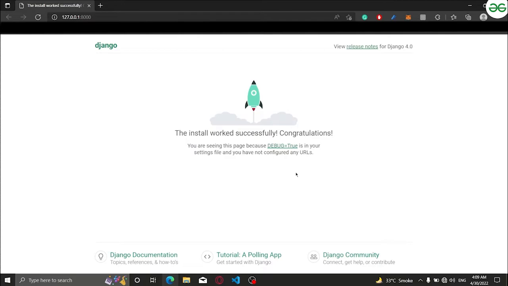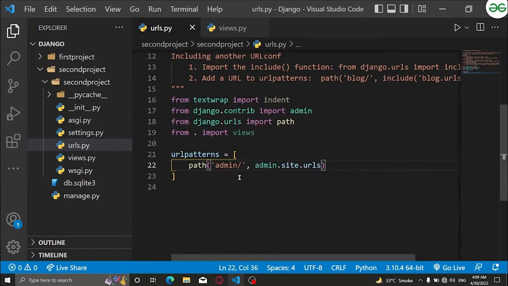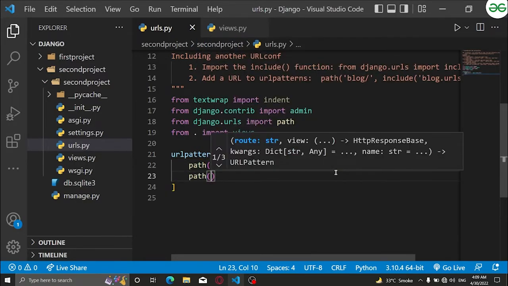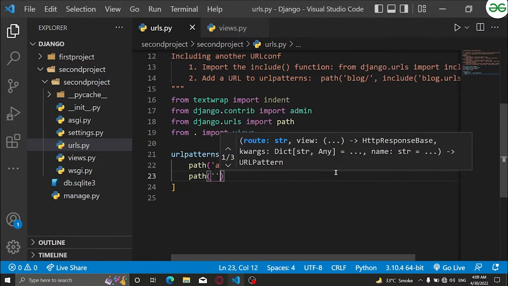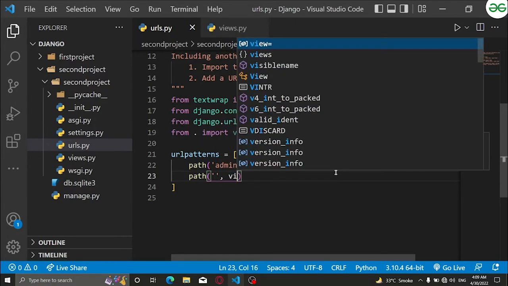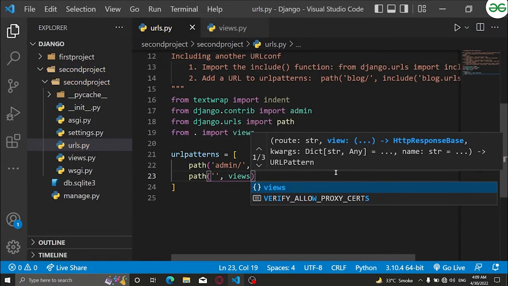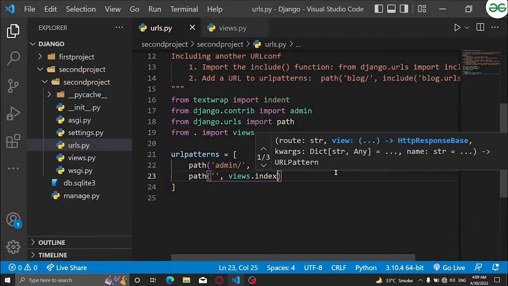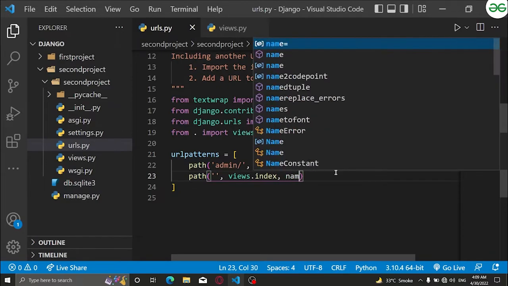Now if we want to do that, we have to do a few things first. Like here, first of all, I have to write it properly. Let's do one thing. I will create paths, and inside the path I will first of all write an empty string. It should be by default, right? Whenever my site is opened, this empty string should come first, right? It should be like views.index, and it should be name equals to